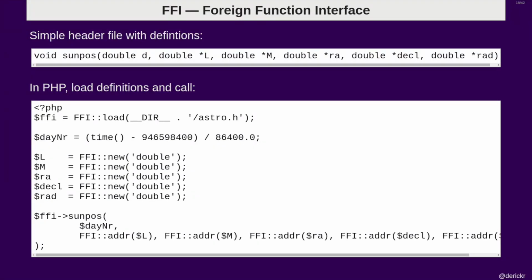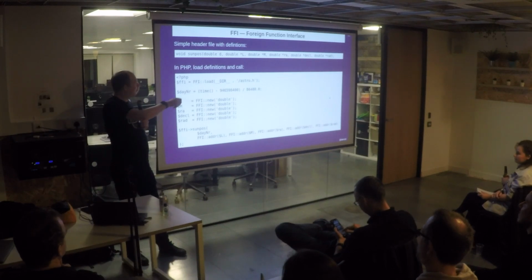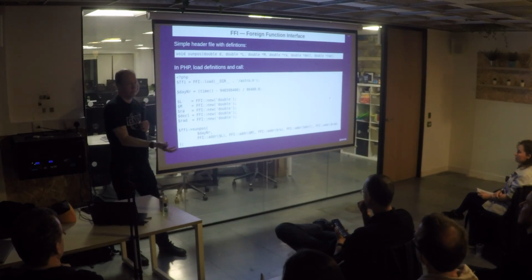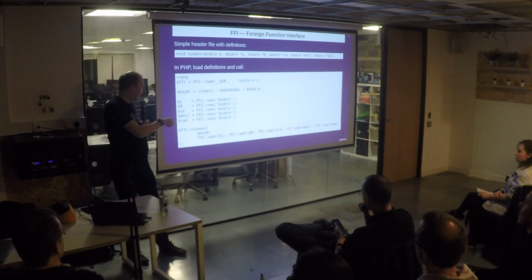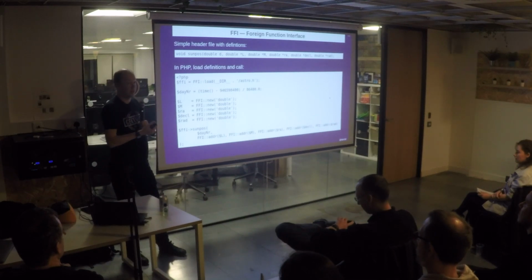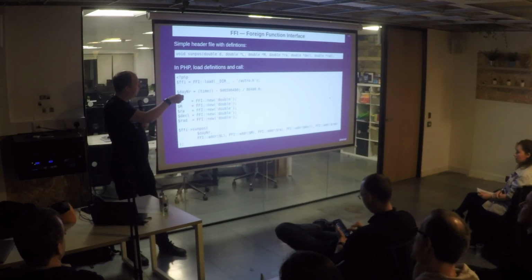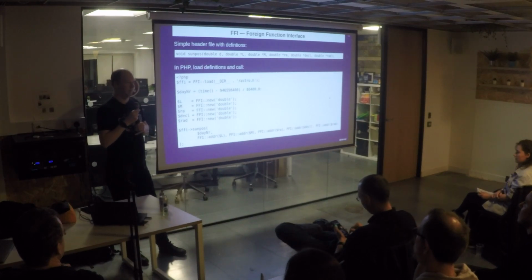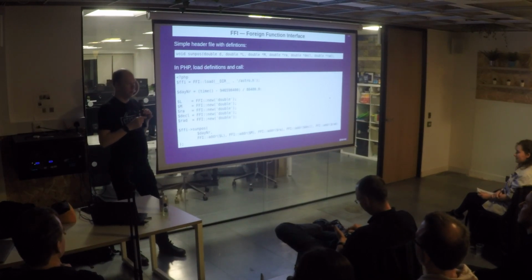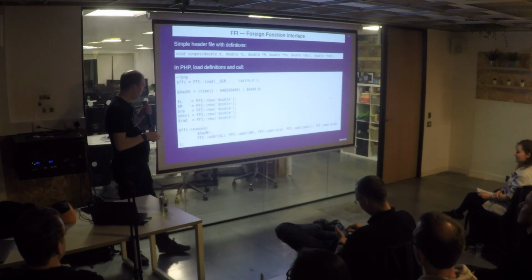But the tricky bit is, how do I get the information out of this? Because you can't use PHP references when things happen with C. And when you call this function in C, C expects this to be a reference to something in memory that you have allocated yourself. And there's no such concept in PHP. So hence, there's a hack around it: you have to use FFI::new, and then you also have to specify the type. And this type, the double type, needs to be the same as you specified there. If you mess it up, it will crash, or you get very strange results.